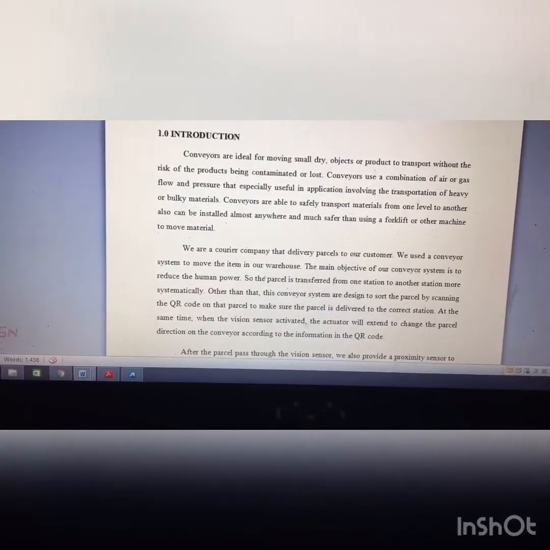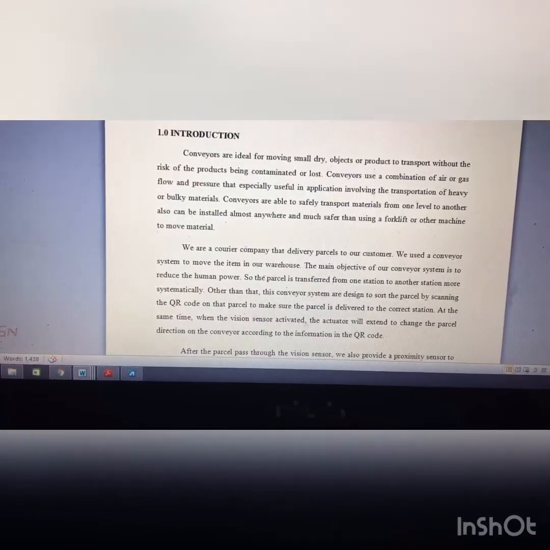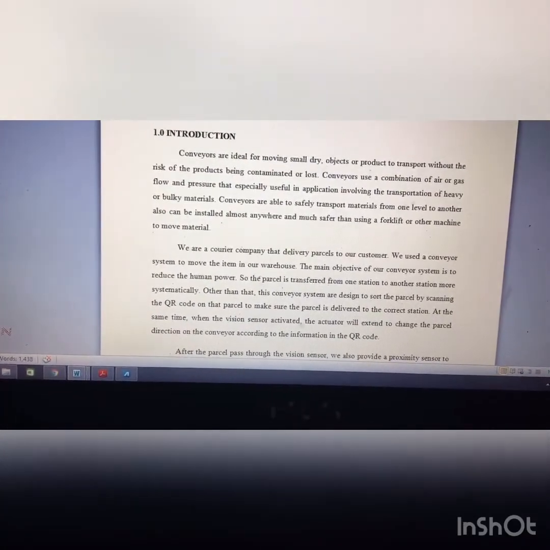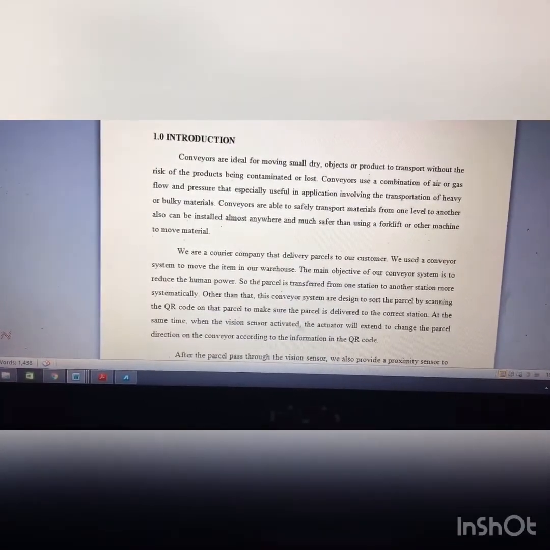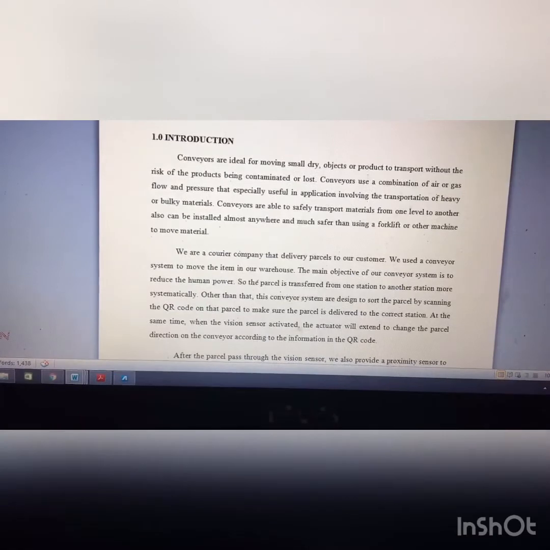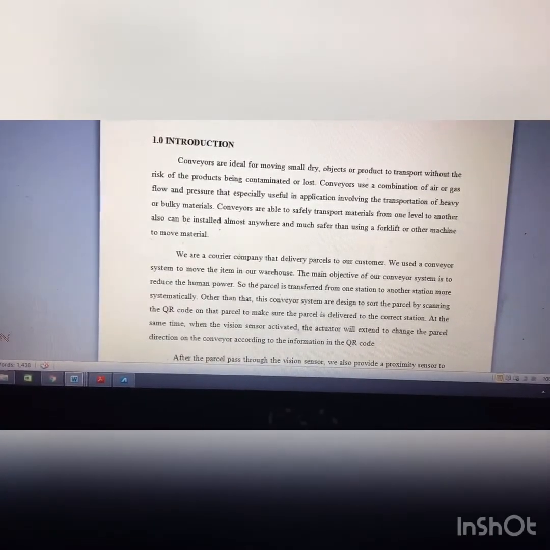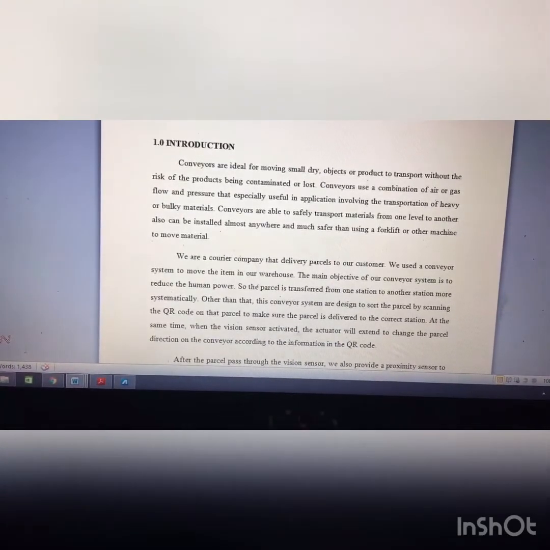In our warehouse, we use a conveyor system to move items from one workstation to another in order to reduce human power. This conveyor system is designed to sort the parcels by scanning the QR code on each parcel to make sure it is delivered to the correct